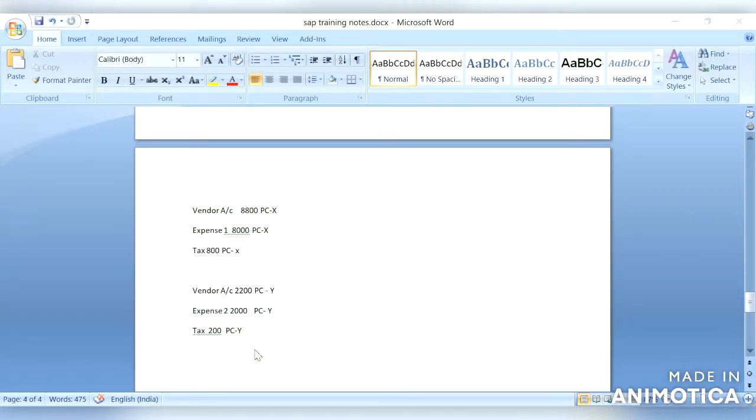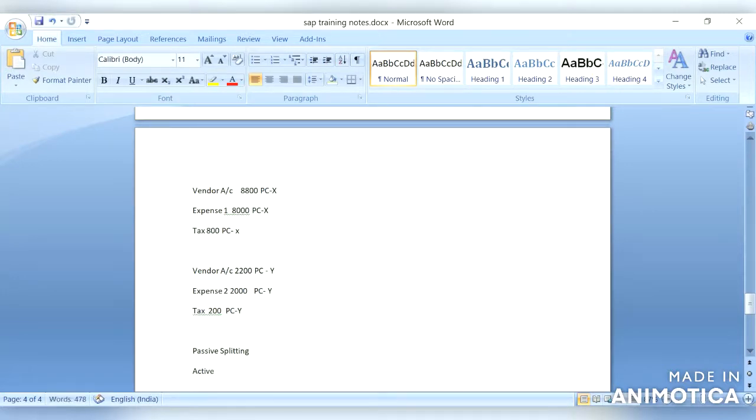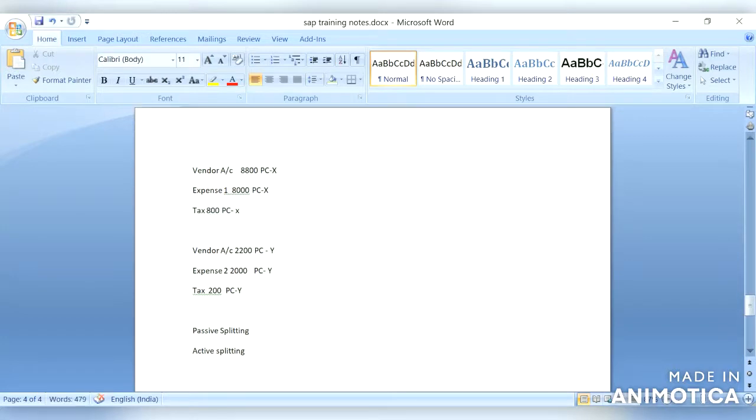Now we understand the document splitting elements and key concepts. There are three kinds of splittings. One is passive splitting, active splitting, zero balancing splitting.